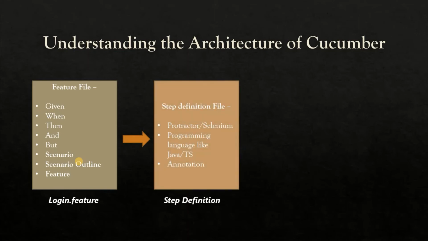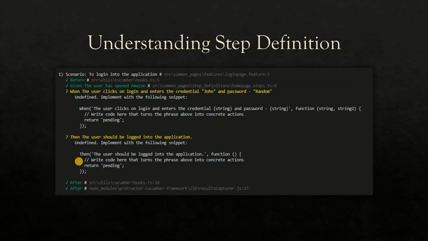Then we have the next step, which is a step file. This step file is a self-generated snippet code. This code is generated by Cucumber. Let's have a look at it, guys. So this is the snippet code which is generated in the terminal by Cucumber corresponding to the feature